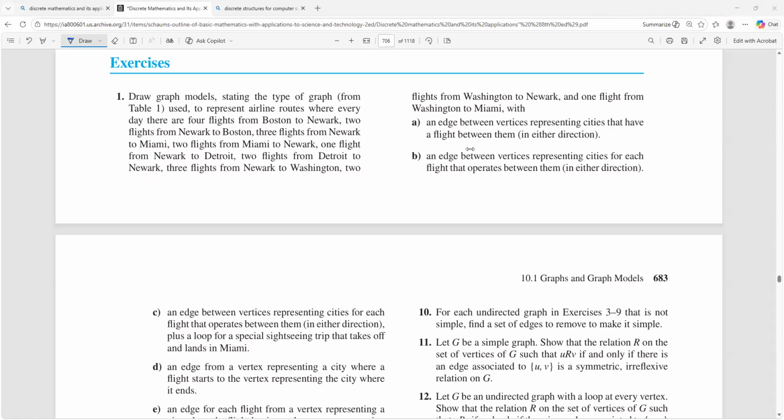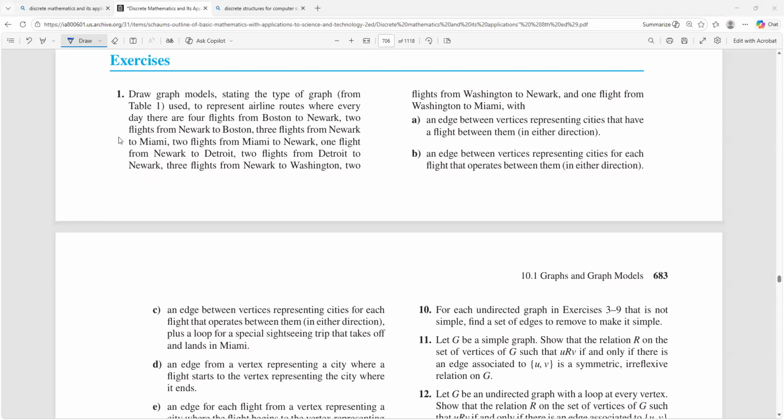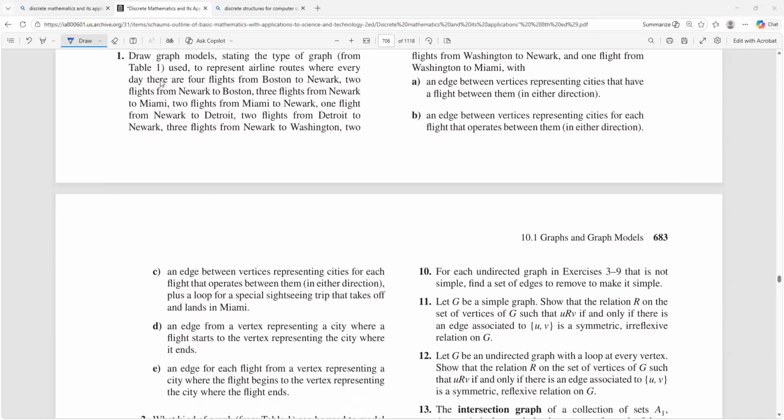Okay, let's do question one. Draw a graph model, stating a type of graph from table one, used to represent airline routes where every day there are four flights from Boston to Newark, two flights from Newark to Boston, three flights from New York to Miami, two flights from Miami to New York, one flight from New York to Detroit,